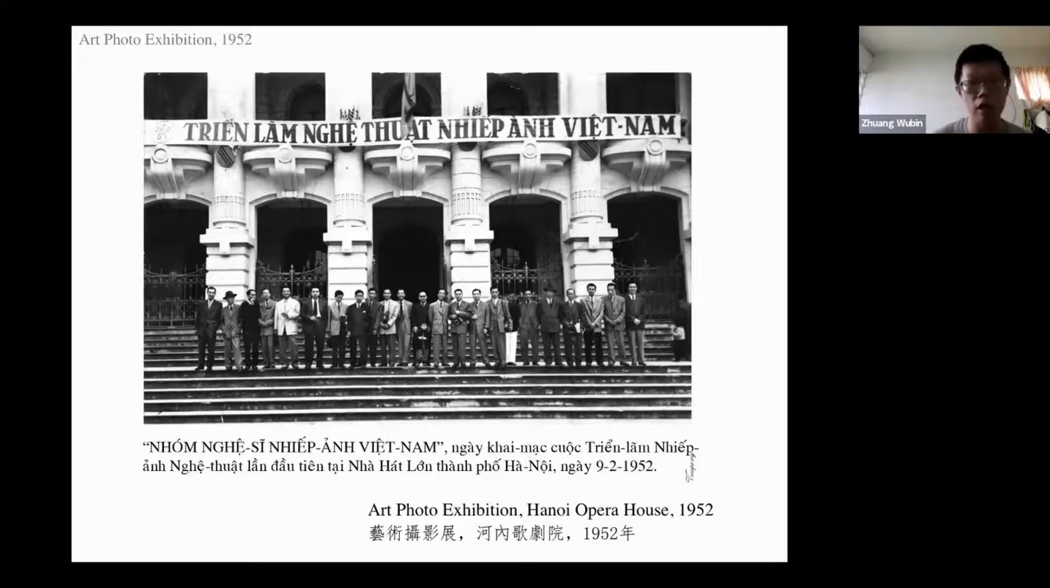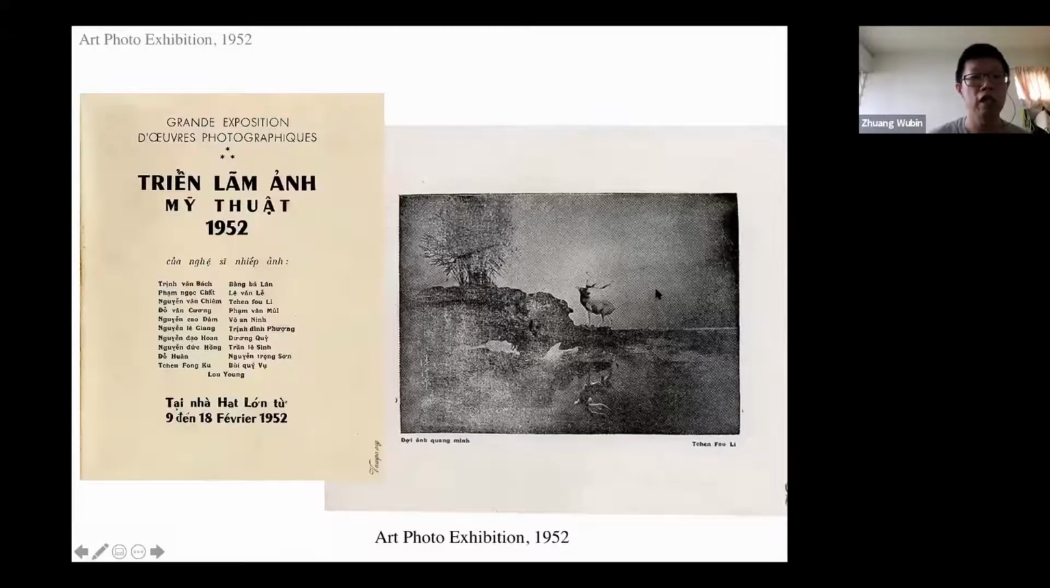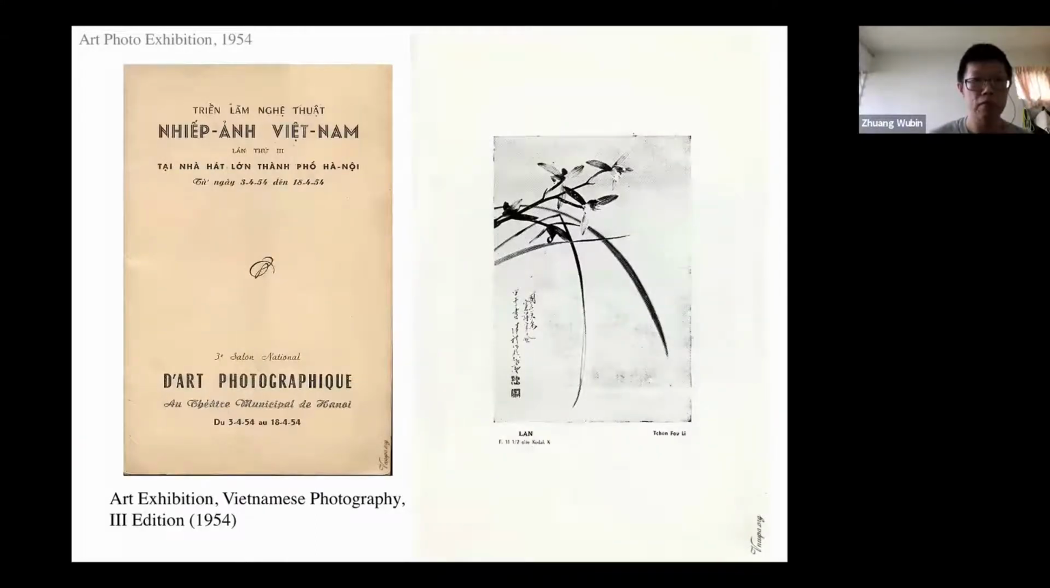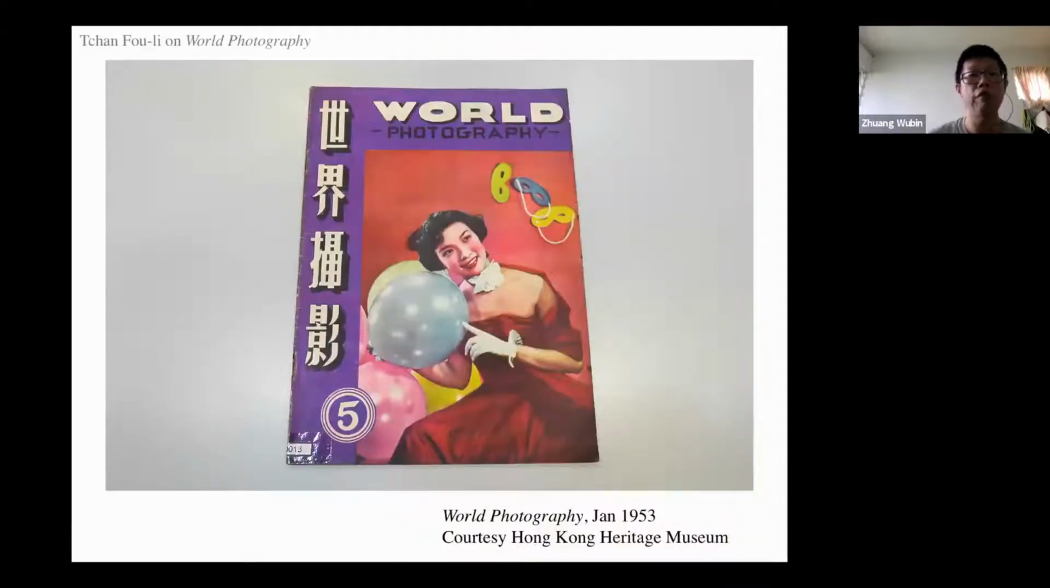And he was actually involved in the three exhibitions. I should point out that there were Chinese photographers in this framing of Vietnam art photography. So this is 1953, his submission on the right, and this is 1954. And very quickly,